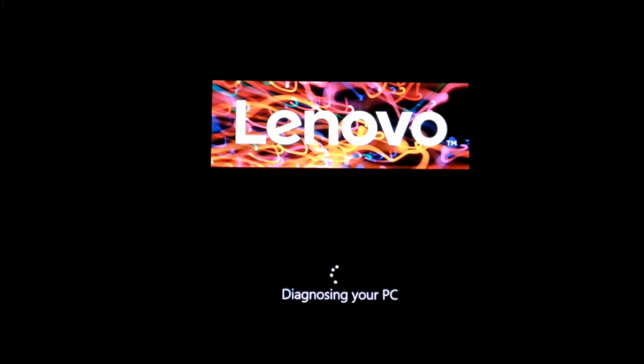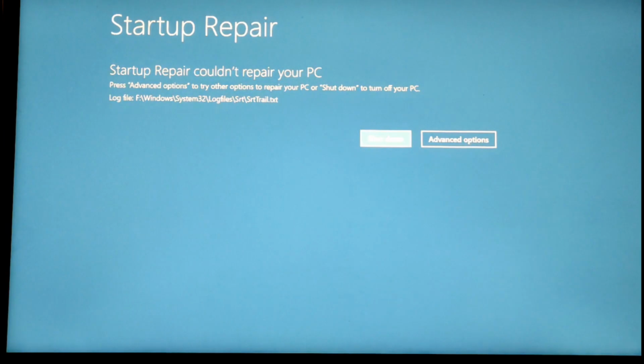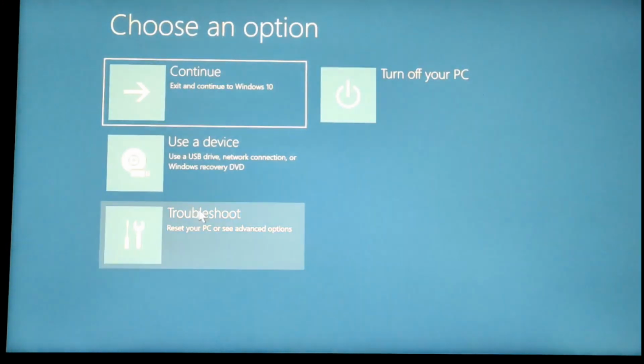You have to wait a bit for this to finish. Startup repair couldn't repair your PC because I haven't opened this PC in the main mode. I have another version. So I will click on advanced options again, and we will try our next method.